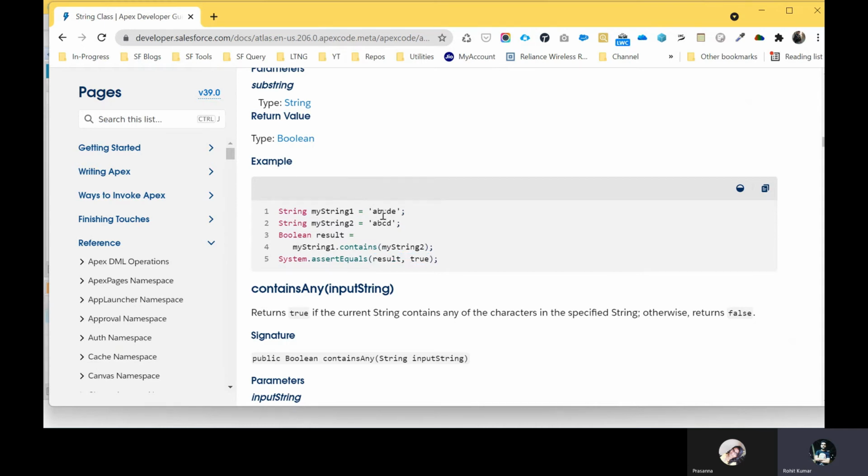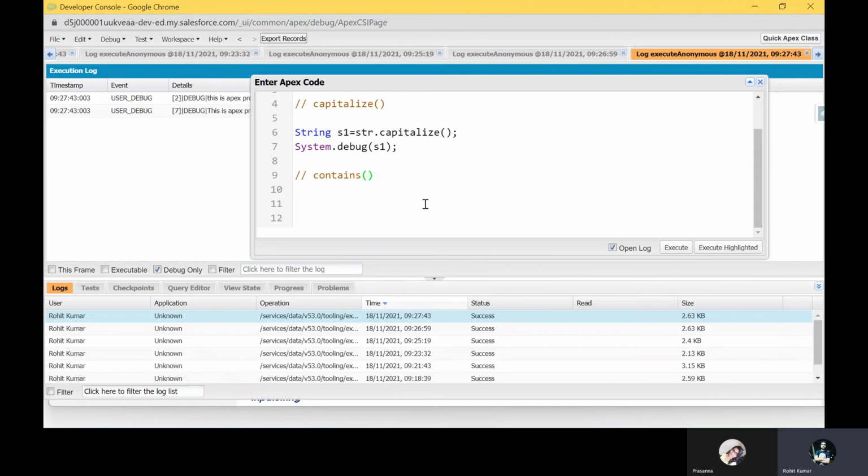If string 1 and string 2 exactly match, it shows that my test case ran successfully for testing purposes. Don't worry about that. I will show you in an upcoming session, assert and system dot runTest, all those things.